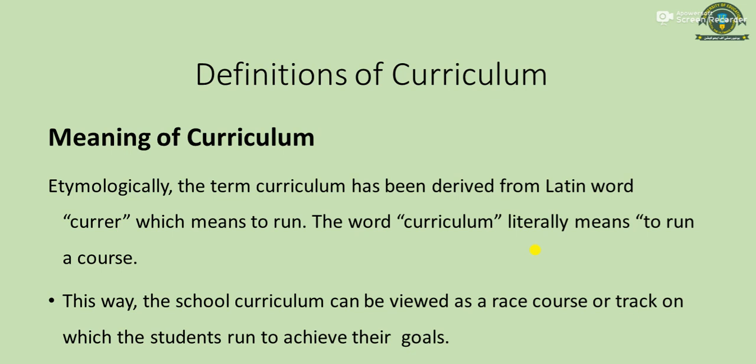or goal. From real life, you can take the example of a race course on which horses run towards their destination. They have to face many hurdles and obstacles to achieve their goals. Likewise, curriculum can be considered as a track or path on which students walk to achieve their goals. They study different subjects related to their goals, like medical, engineering, and thus they achieve their goals in the form of becoming doctors or engineers.